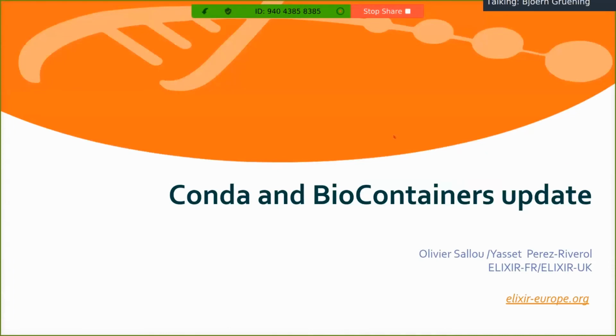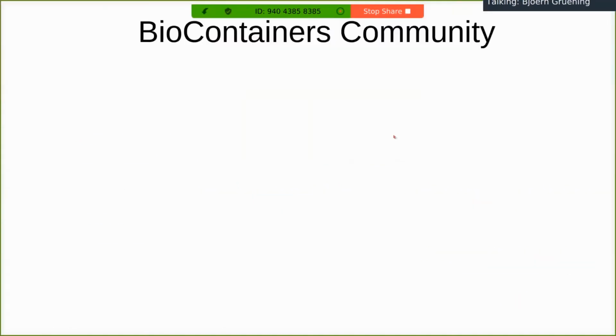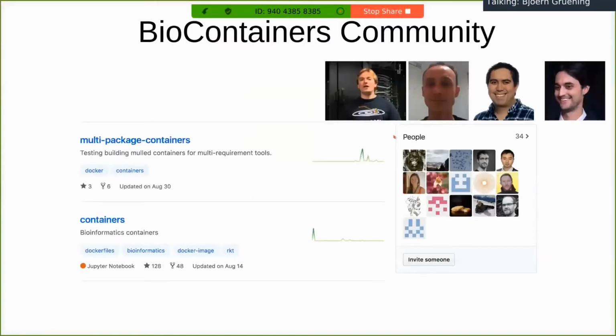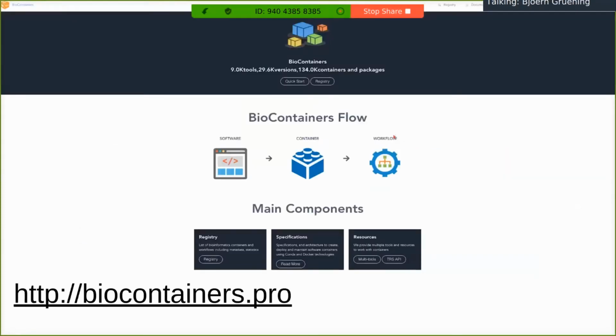So let's start with the basic work of Conda and biocontainers. So no matter what you do, if you want to run computational analysis, you need to have tools. So some binary sets needs to be installed. And the ELIXIR tools platform, or one part of the ELIXIR tools platform is the container or the biocontainer community. So we maintain, we create, and we develop more or less 8,000 containers to all different kinds of aspects of biomedical research. And these containers are all registered in this registry here.